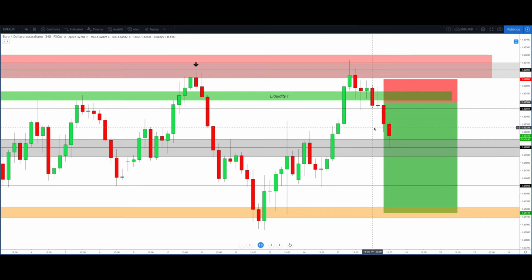So for this reason I want to explain a little bit this analysis, because it's related with the previous analysis on Australian dollar, US dollar, and also the dollar index, because if the dollar index will find the strength to go higher, this could be a strong push to the downside for the euro, and could also bring this pair below 1.62 here. And now obviously you didn't take this trade because you are not in the VIP Telegram channel,